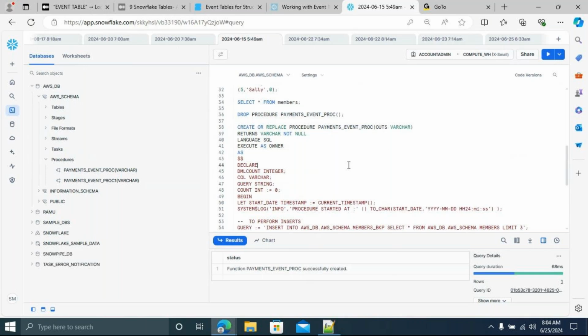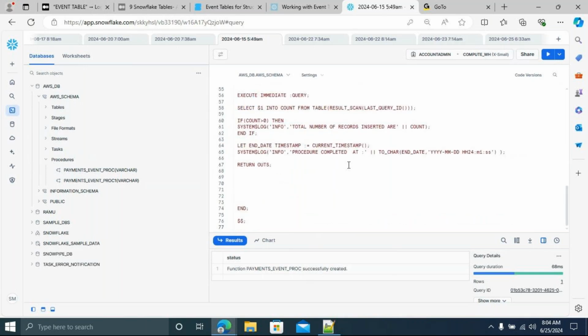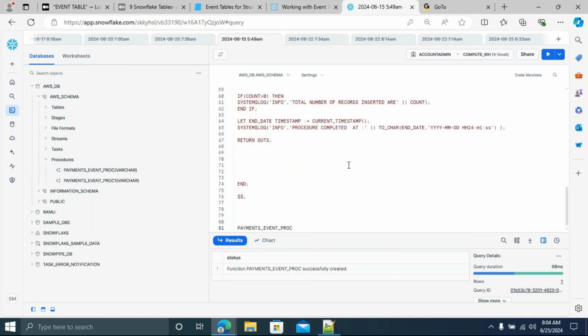Just copy. How to call a proc? Anyone? Call procedure name, sir. Call procedure name. That's it. Now just use call, and then you can pass some varchar. We pass some hello because I'm not going to use this input argument. Just passing hello. Now if you run it, you can call your procs.